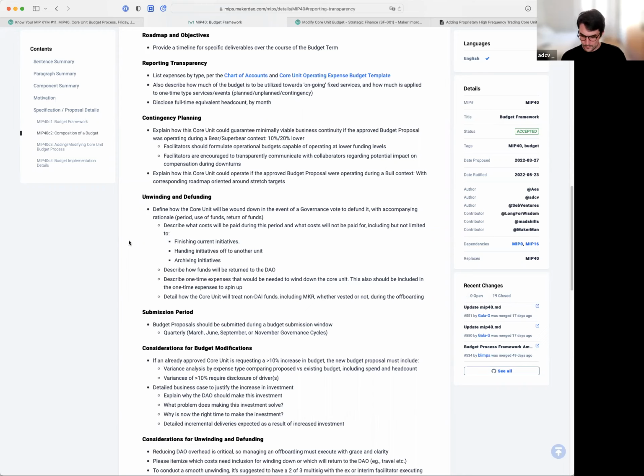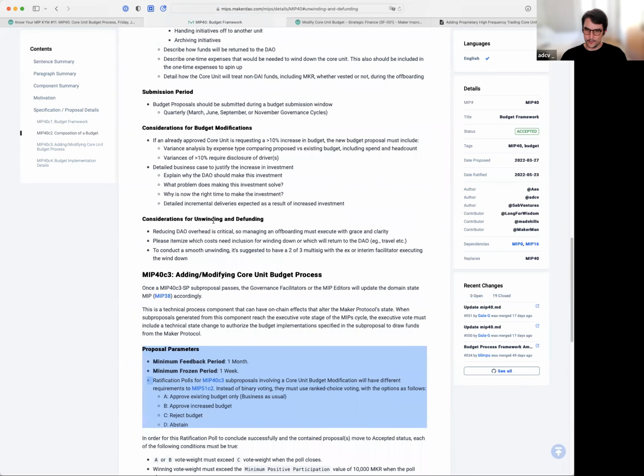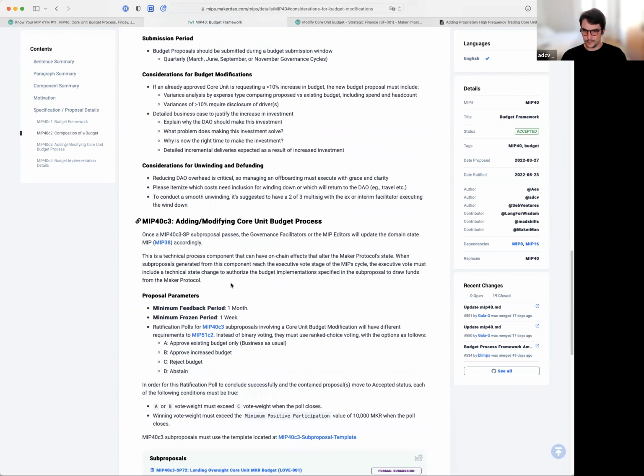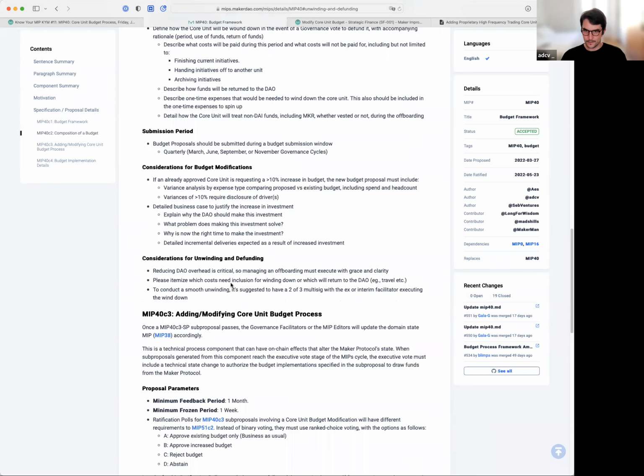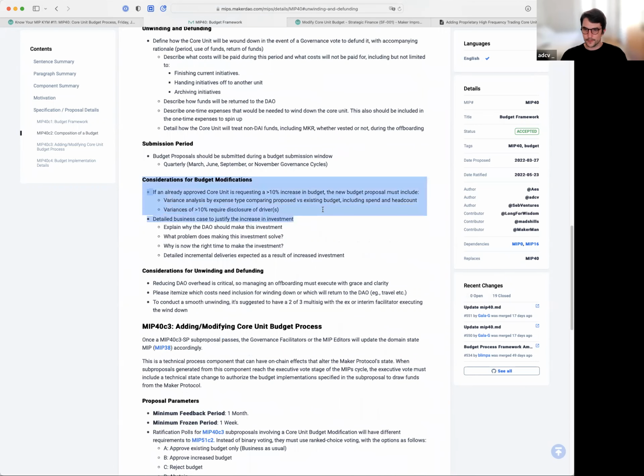So much on contingency. And this, I think, also related is the modification. So here, it's obviously quite jarring when you see a budget request that has a very large increase in budget when the market is turning and the price of Maker is collapsing. I think, unrelated to this, any sort of substantial increase in fixed costs